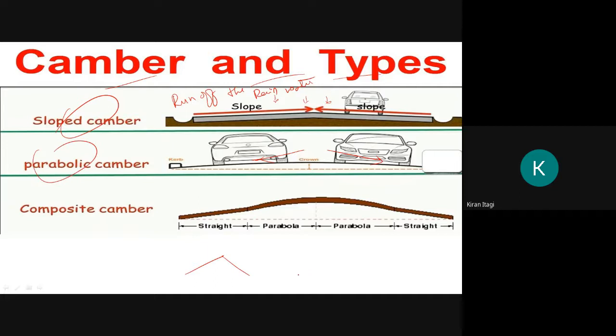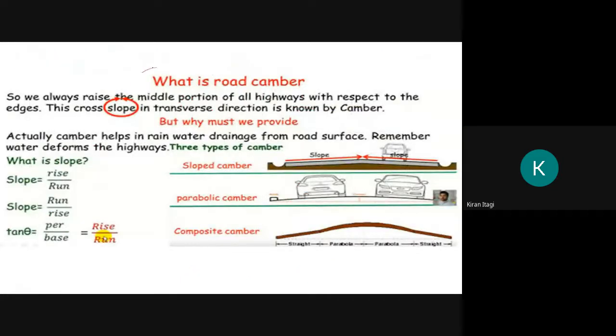Parabolic means it will be a little bit parabolic in shape. Composite means it will be straight and parabolic: either side it will be straight, and this will be parabolic. So what is road camber? It helps the rainwater to drain off from the road surface. And how to calculate it,